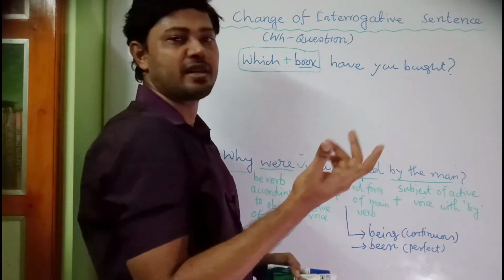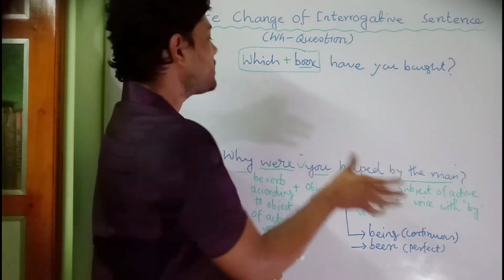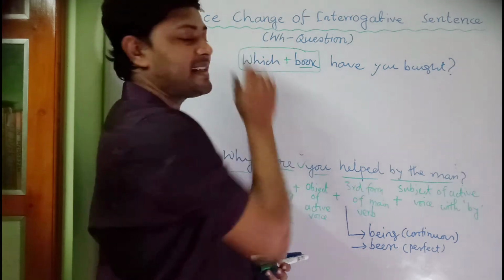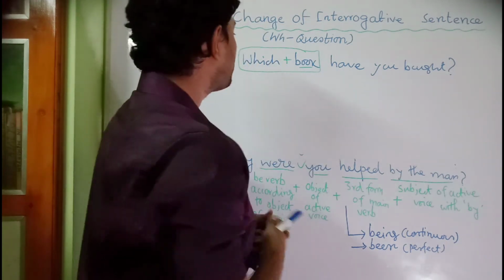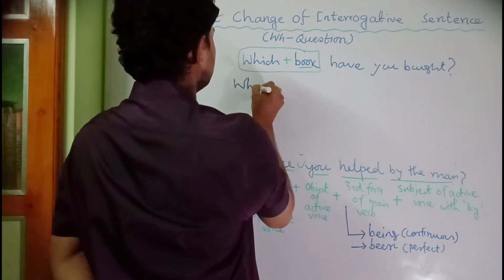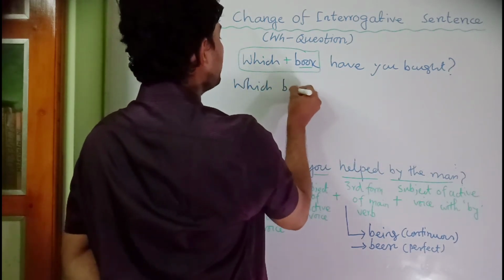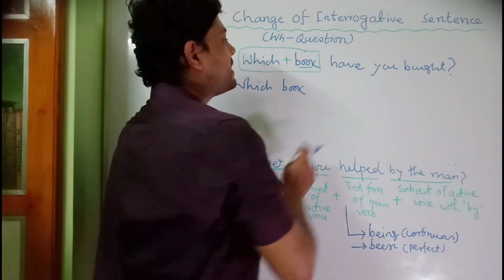Okay, in most cases. So in these cases, remember that both the words will appear at the beginning of the passive voice. So the sentence will begin with which book. Not only which but which book. Okay,